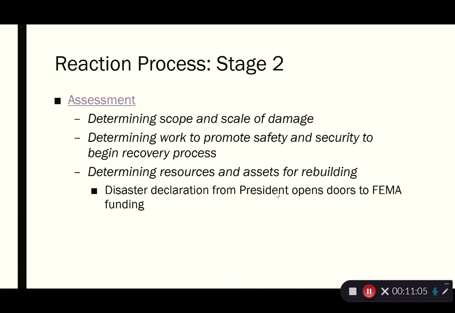And then at the national level as well, the president can declare a disaster, and that allows FEMA, the Federal Emergency Management Agency, to move in with its resources, its supplies, its expertise, and help cities and states. But it has to come from the local up, and that was one of the breakdowns in Katrina back in